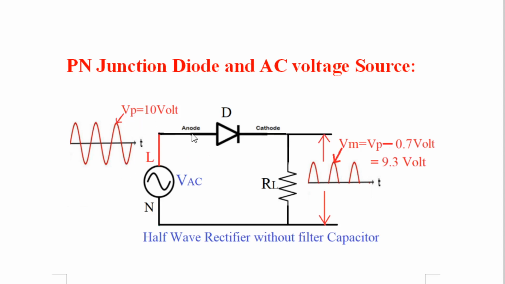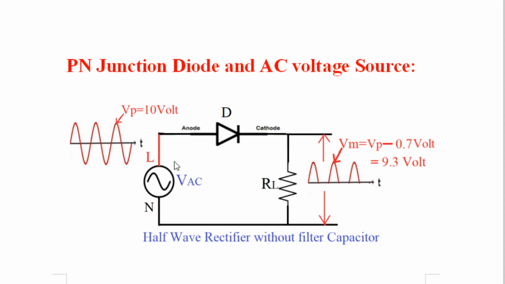Positive peak is plus 10 volt, which I have taken into consideration. Now it is a very simple circuit which has only three parts. Part number one is the AC input voltage, part number two is called diode, and part number three is called resistor, the load resistor. So here, if you apply Kirchhoff's voltage law,